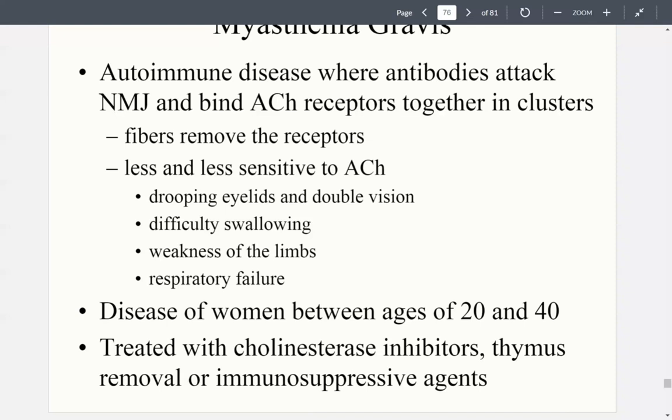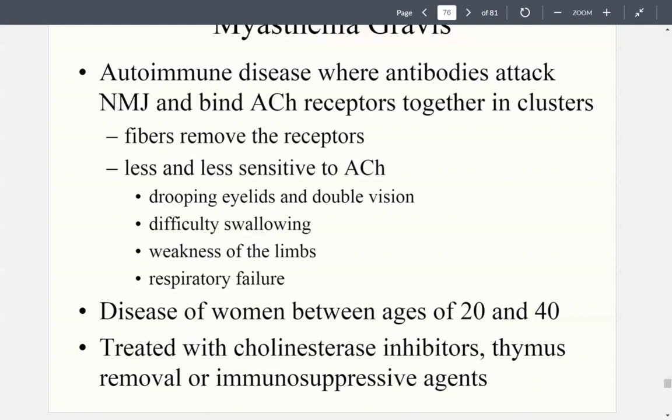We can also remove the thymus. Removing the thymus decreases the formation of a particular white blood cell that's responsible for attacking. This is of limited effectiveness. I'm trying to explain this without getting into the next unit's conversation. The thymus basically kind of goes defunct about the age of 20 to 25. So if you develop myasthenia gravis and you're 35 years old, removing your thymus is not going to do anything.